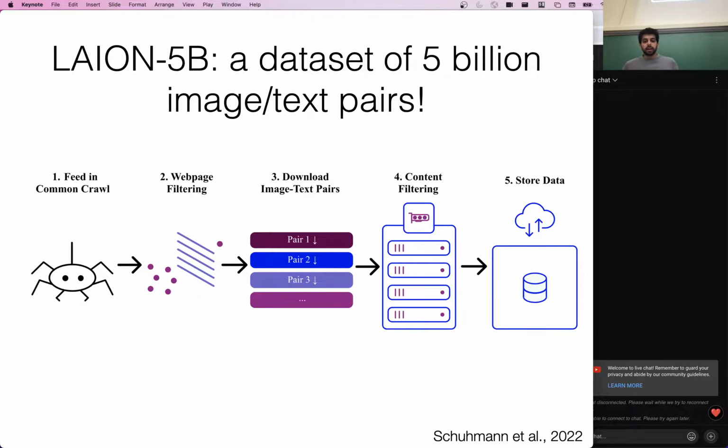And so obviously, as the years went on, people have been gathering larger and larger datasets. This LAION-5B has 5 billion image-text pairs that are crawled from the web. They basically took the Common Crawl, which is one of the most popular datasets for text training.